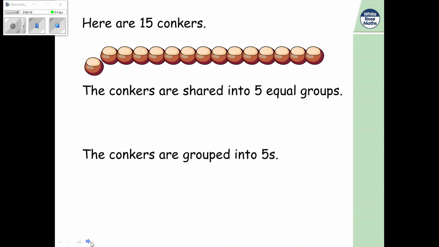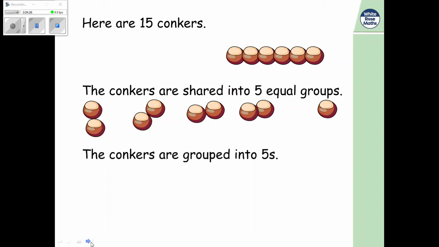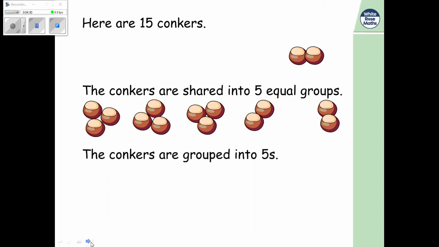So first of all, they're sharing them out, so the 5 equal groups are really clear. And then we're going to keep sharing them out until we have no conkers left. This is again what you could have practically done at home, and especially when we do our bronze and silver sheets as well. So we know now that 15